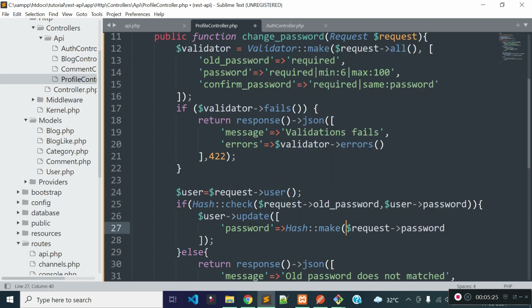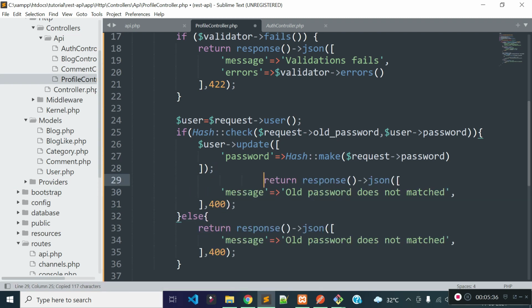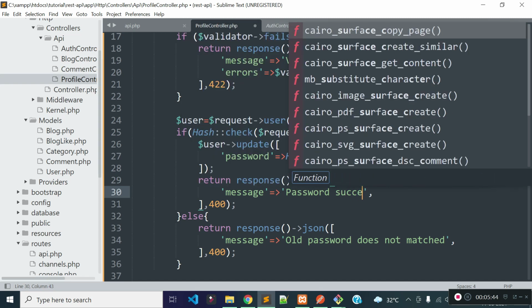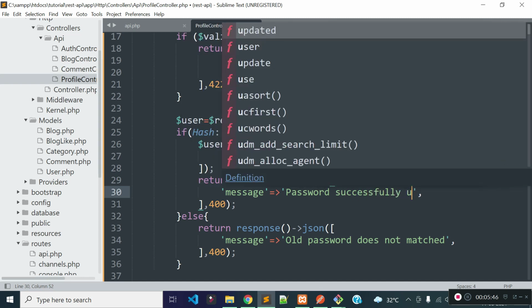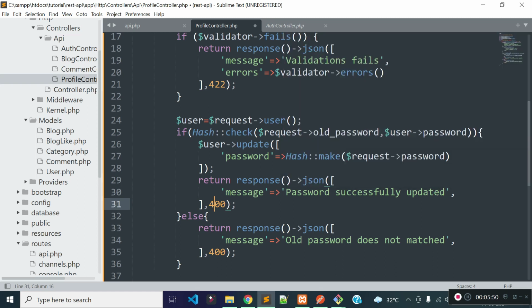So we will encrypt the password with the help of Hash make method. And after updating user password, I will return a JSON response with message password successfully updated. And the status code will be 200.